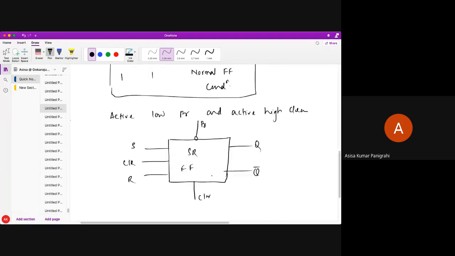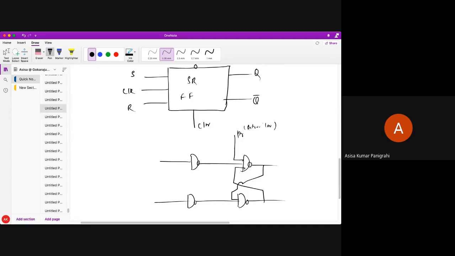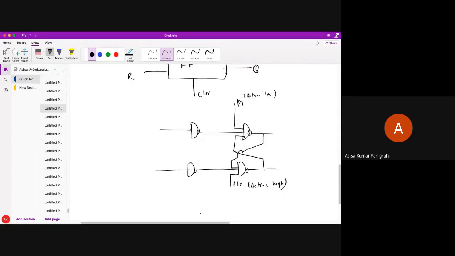So what would be my logic diagram for it? It's very simple. You can have the same logic diagram for everything. It just has 4 NAND gates, and there is a feedback path from the output. This is my preset, which is active low, and this is my clear, which is active high. Do you all understand? Very simple. As per the specification given, I have just designed it. Active low preset, so I have taken active low preset and active high clear. This is my clock, this is my S and R. So I'll be using Q and Q bar here.